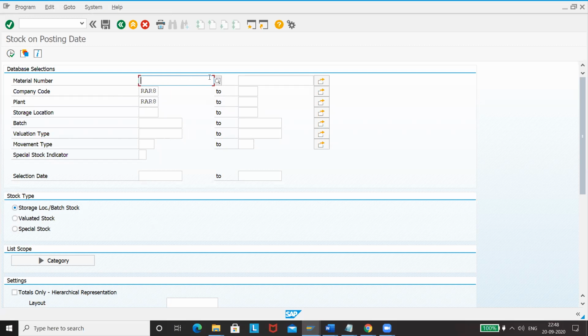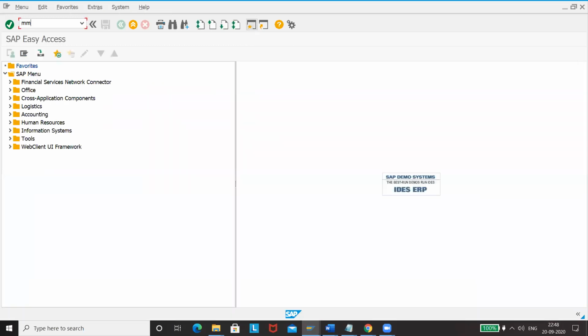Okay, that is fine. So here, what you can see is, I actually tried to show you two transaction codes earlier. One transaction code is MM01.